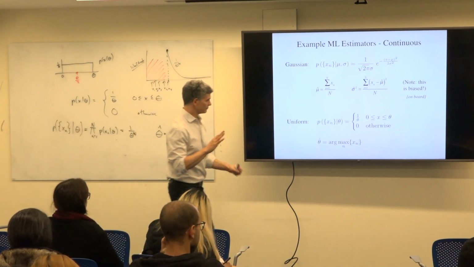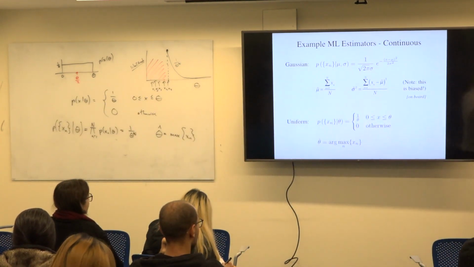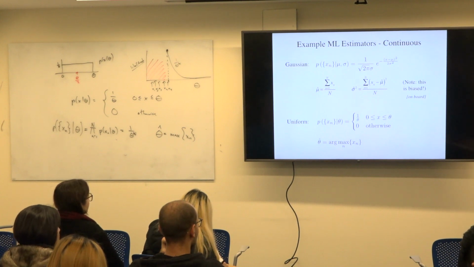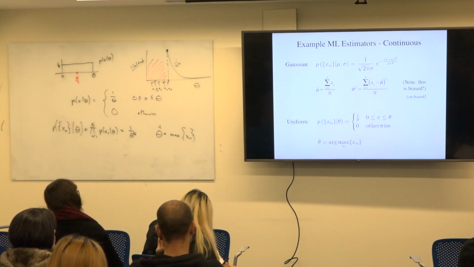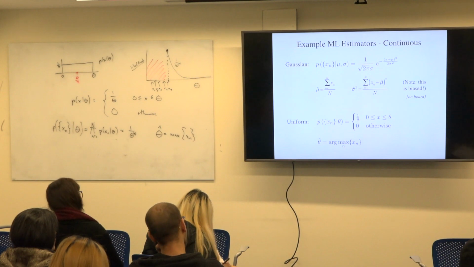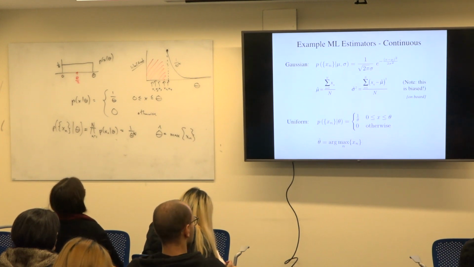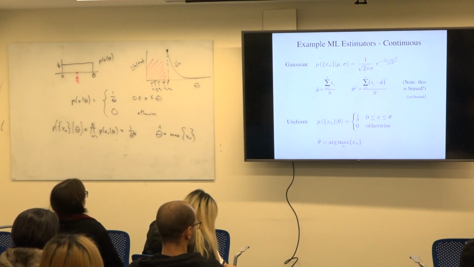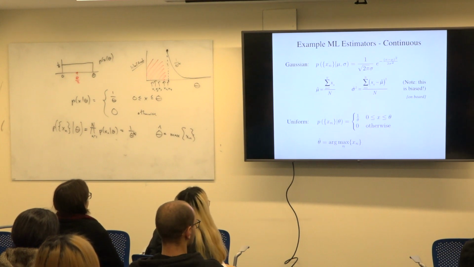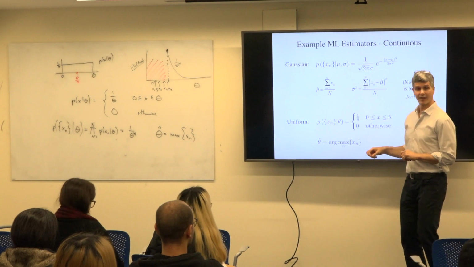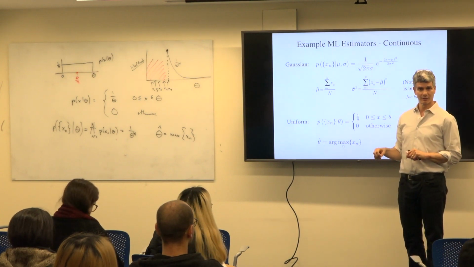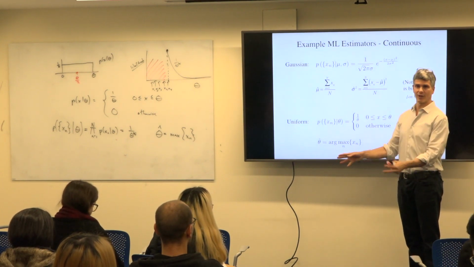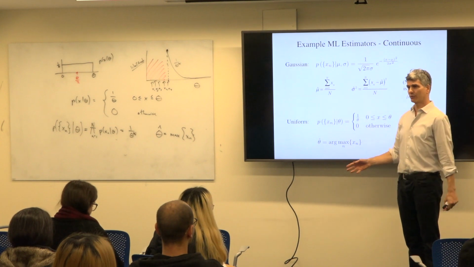Okay, I think that's all I'm going to say in terms of examples. I wanted to stick that one in because it's a bit different than the others. So you get to see, and this is still a pretty simple example, we could write it down, we could figure out what it should be. The more complicated your probabilistic model, the more complicated it might become to write down a maximum likelihood estimator. And eventually, you can't write them down, you can't solve for them, you have to use a computer